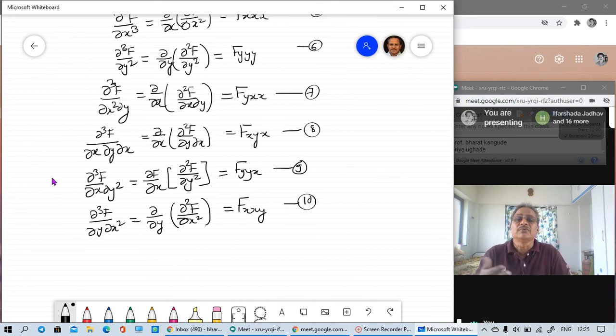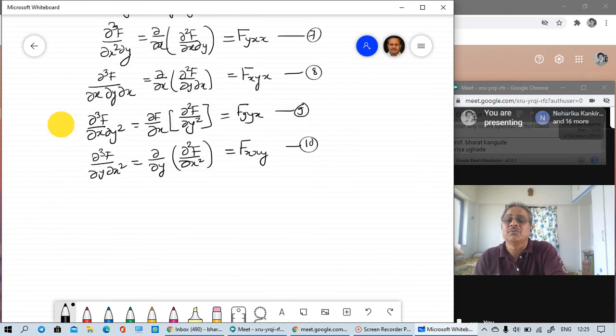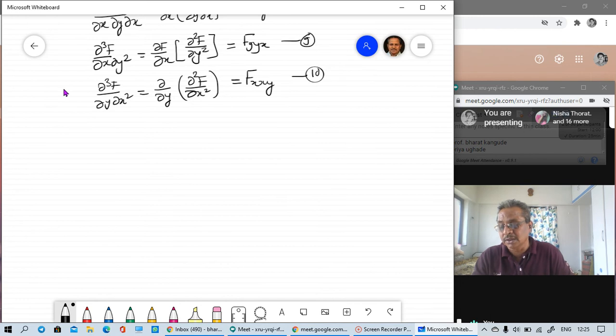Then we should not forget what this means. That is, if f_xx is given, first operate the differential of function f with respect to x, then again with respect to x, and finally with respect to y. Then we'll get f_xy. We are going to solve certain problems here later on. We will solve some problems, then we'll come across what is the use of all this and how to calculate and how to use this.